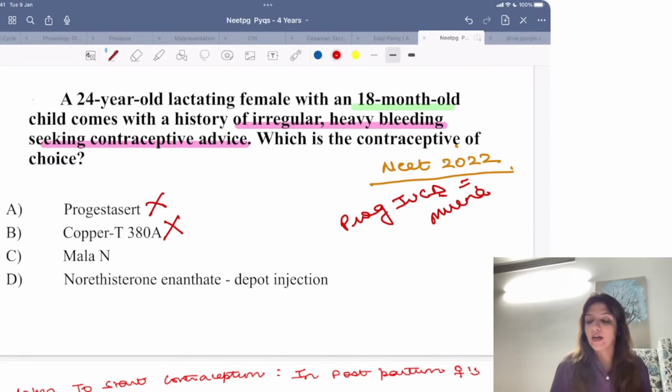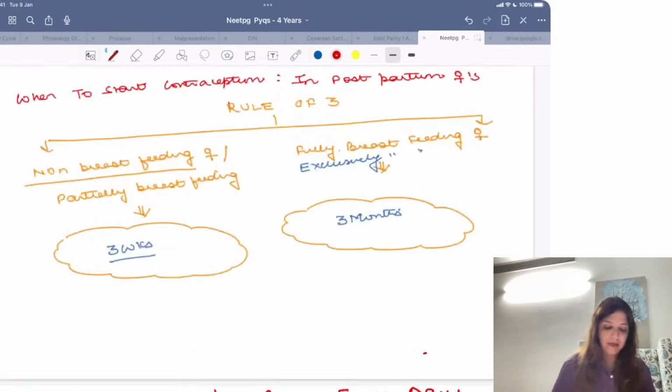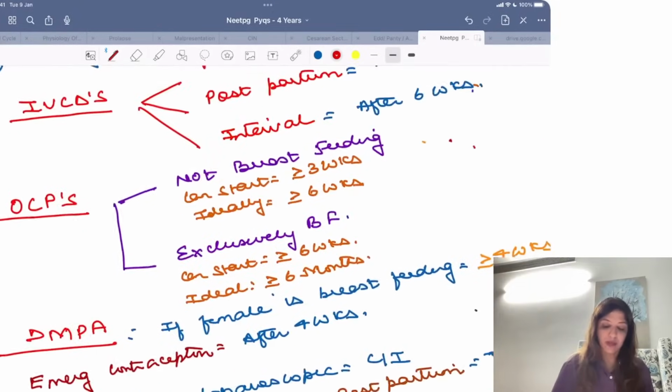Progestasert is a progesterone IUCD which is no longer used. So the answer cannot be Progestasert. Progestasert is no longer used. Right? Now the option choice is between Mala N and norethisterone enanthate. Now first tell me, if a female is breastfeeding at 18 months, can I use OCPs? Yes. Please remember, if a female is breastfeeding,